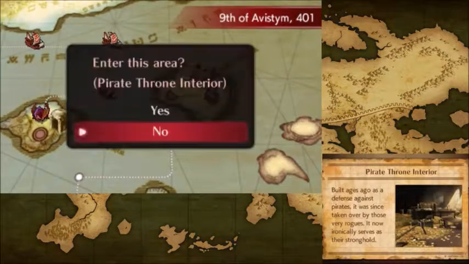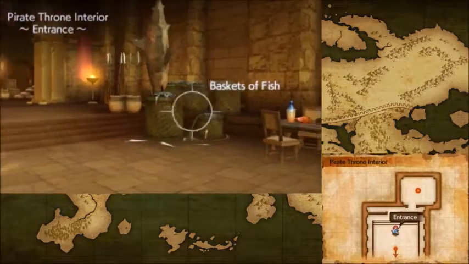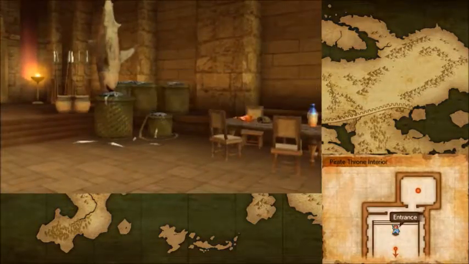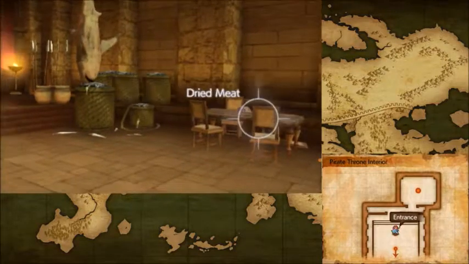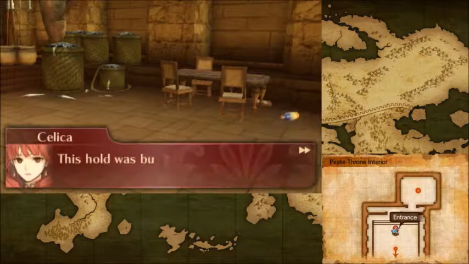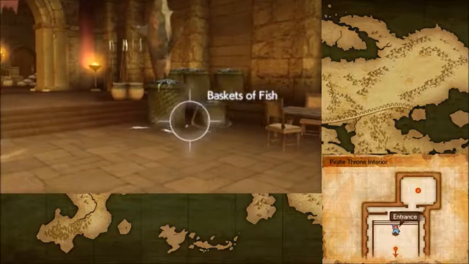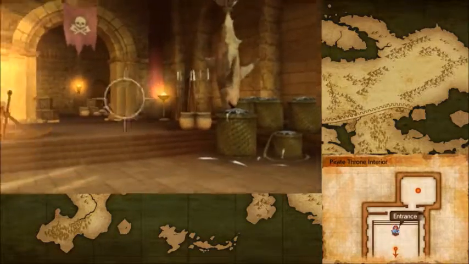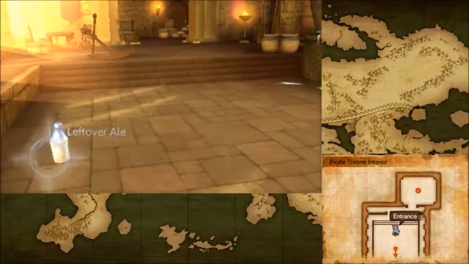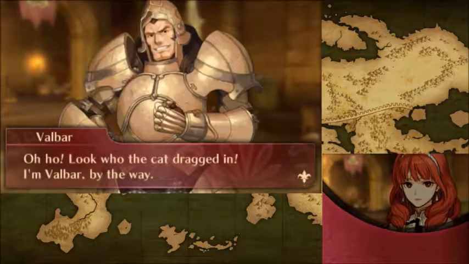Alright, but now I'm not going to make the mistake I made with Forsyth, and I'm going to go into the Pirate Fortress here to pick up some items that I'll eventually be able to sell, and then I can also pick up... Oops, wrong button. Or wrong thing to select. And then I could also pick up some allies. Because, again, as far as I understand it, as long as we keep them alive, we can recruit Valbar, Leon,